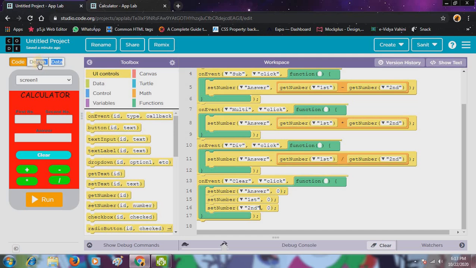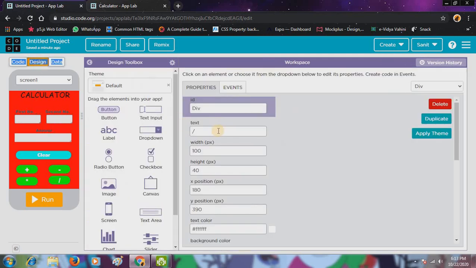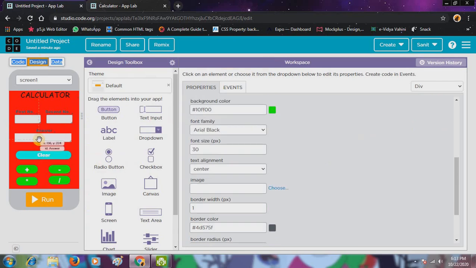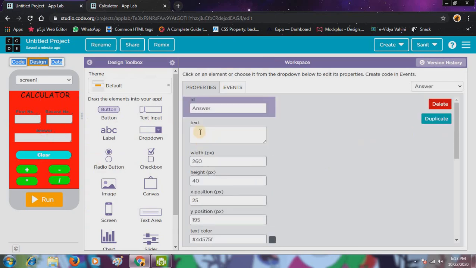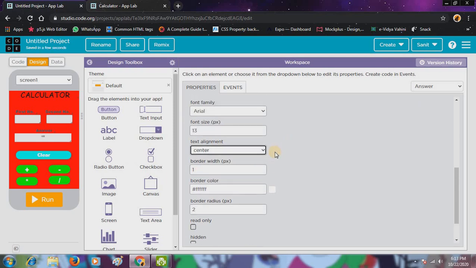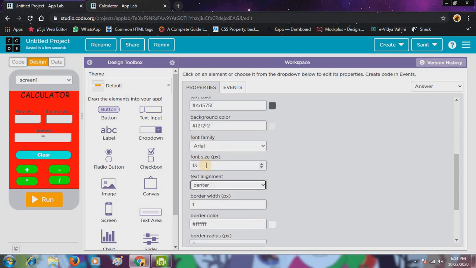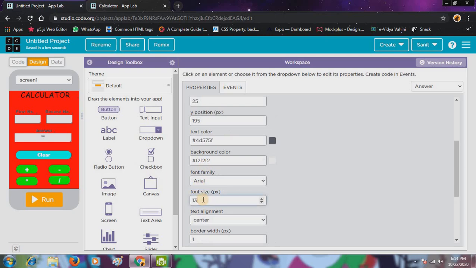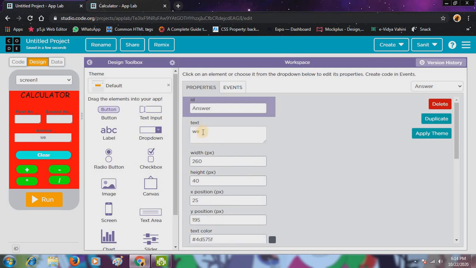So just go to design, and then click on answer and write something here. First I will make the text alignment center, and then 20. Okay, it's okay. Now just clear it like this.